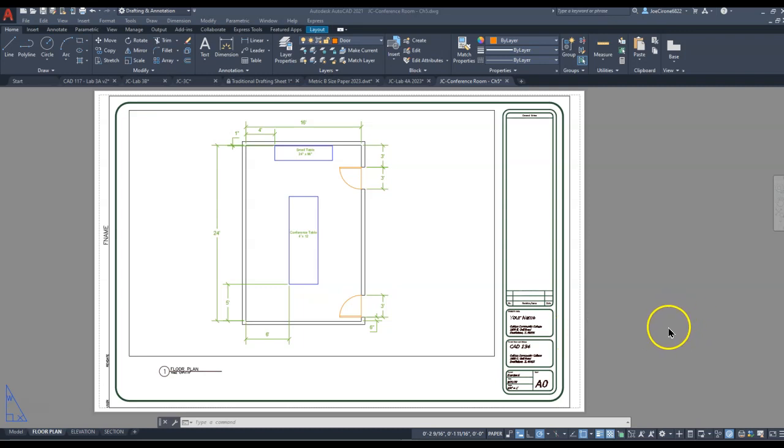Alrighty, this video is to assist with some dimensioning and a few other questions that we have on the Module 5 conference room. So here you can see I have the completed conference room drawing. It's on a B-size architectural title block. And the questions were in regard to